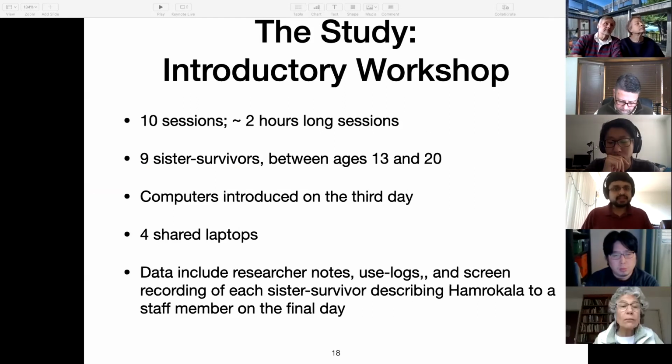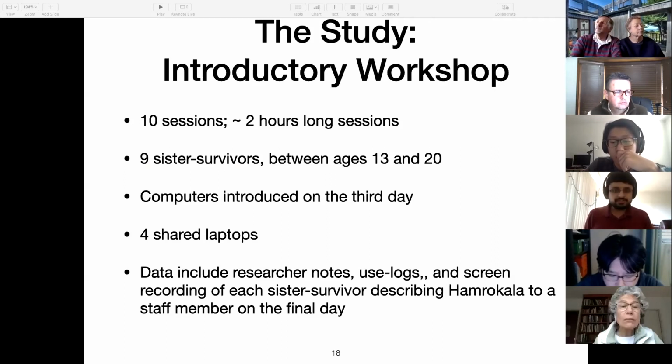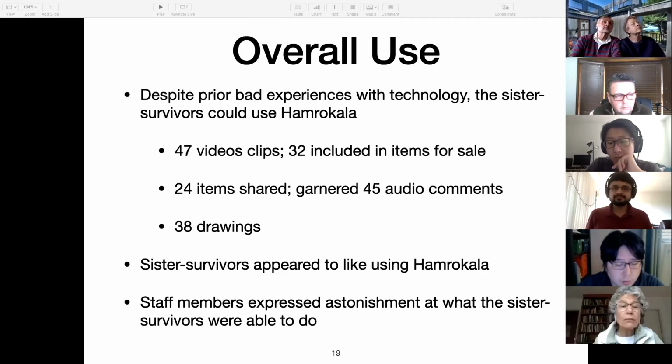On the final day, each sister survivor explained Hamrokala to a staff member. This was done both to see how much the sister survivors understood about the web application and, more critically, to promote a sense of ownership over the web application. The data that we used in this analysis included field notes, use logs, and screen recordings from the final day presentation. Overall, we find that the sister survivors were able to use Hamrokala and create a large volume of digital